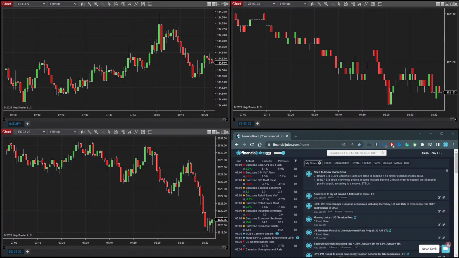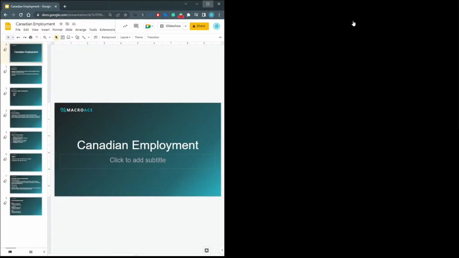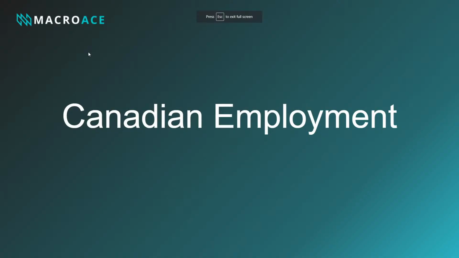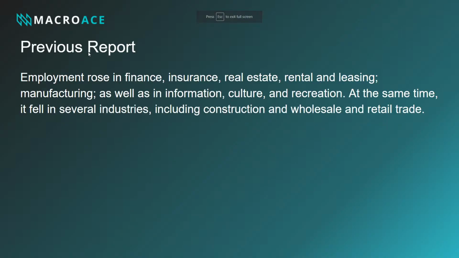We've got the Canadian data to go through as well, and sentiment surrounding them. Got about 8 minutes left. I'll try and go through this lickety split. Okay, that's already good. So the previous report: employment rose in finance, insurance, real estate, rental and leasing, manufacturing, as well as information, culture and recreation. At the same time, it fell in several industries, including construction, wholesale, and retail trade. Overall, painting a decent image for the employment area in Canada,